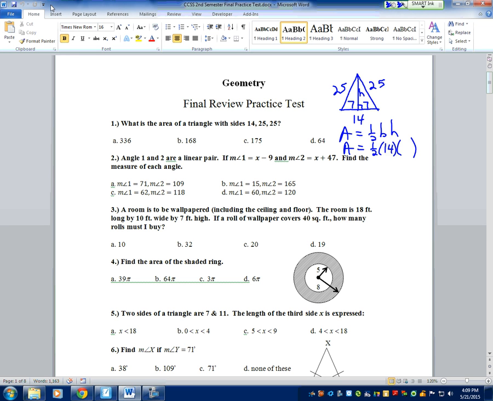25 squared minus 14 squared. Right, well, 25 squared, let's go ahead and set up. It's 25 squared equals 7 squared plus h squared. And we are going to end up subtracting that 7 squared over to the other side. So 25 squared I happen to know is 625, and 7 squared is 49. And so if I subtract the 49 over, 625 minus 49 is